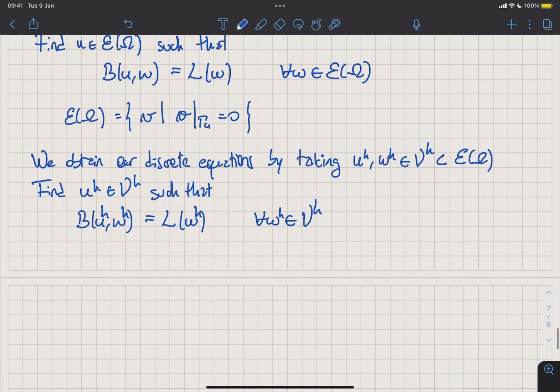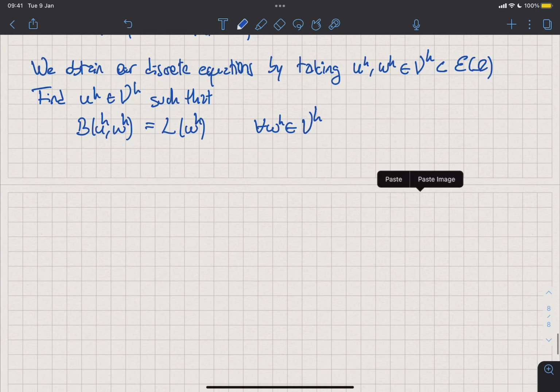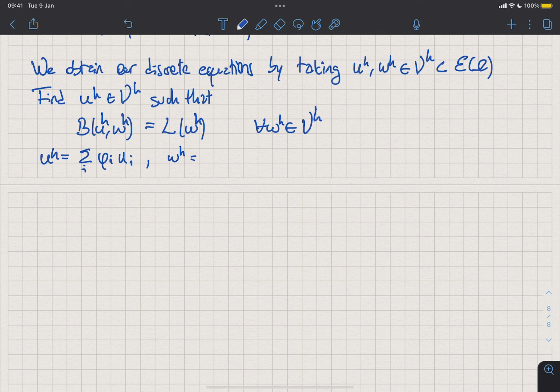Yeah, and if you remember the final discrete equations, if I take my approximate solution UH to basically be the sum of some shape functions multiplied by some coefficients UI, remember that it's a scalar field, so everything here is a scalar. And then we take our WH to be written the same way, right? And then when we plug this in, then we get